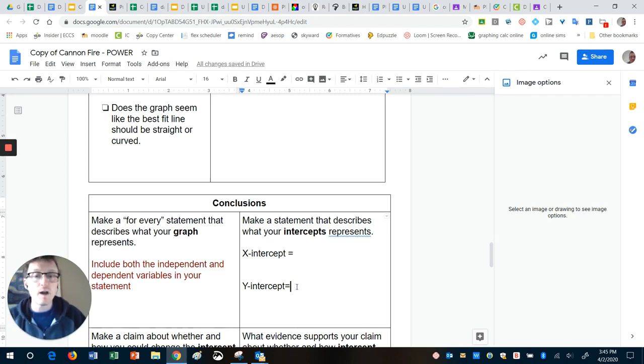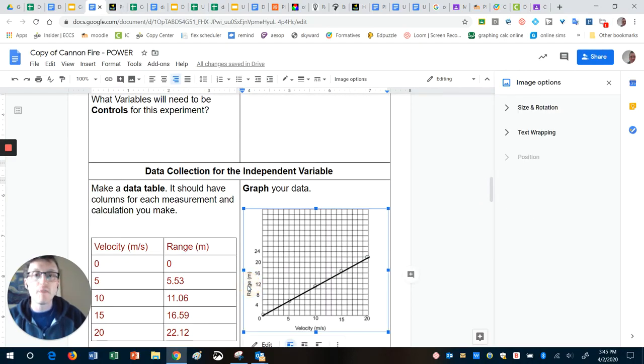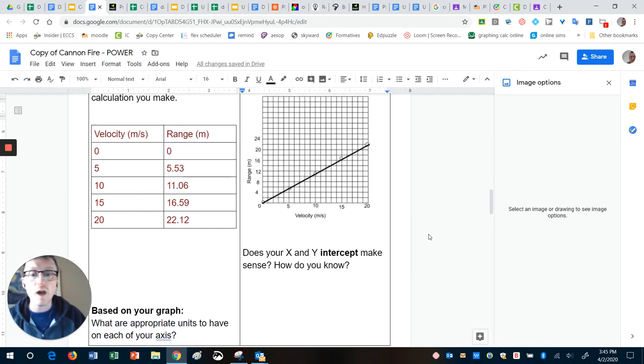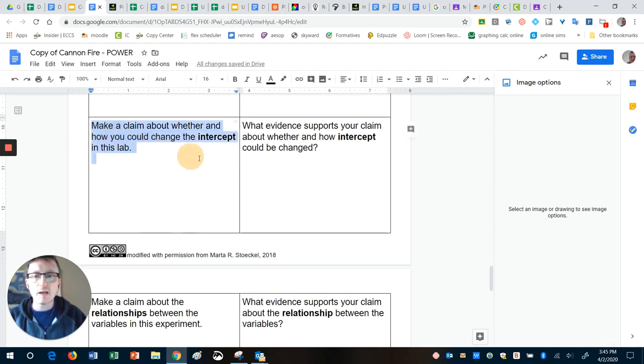Do the same thing for y. What is your y-intercept measuring? Well, that is your range. That's why it's important to have those things labeled. So a y-intercept is basically saying when your range is 0. Okay? And then these boxes down here are basically saying, okay,